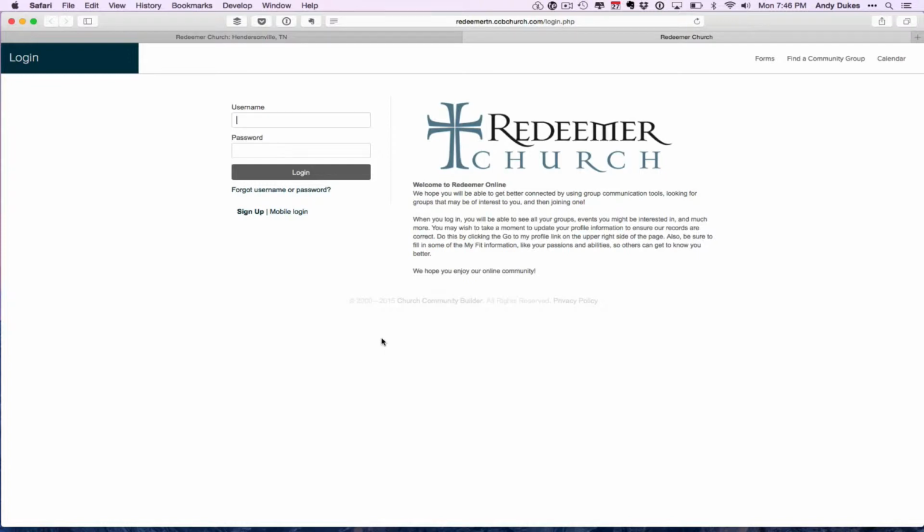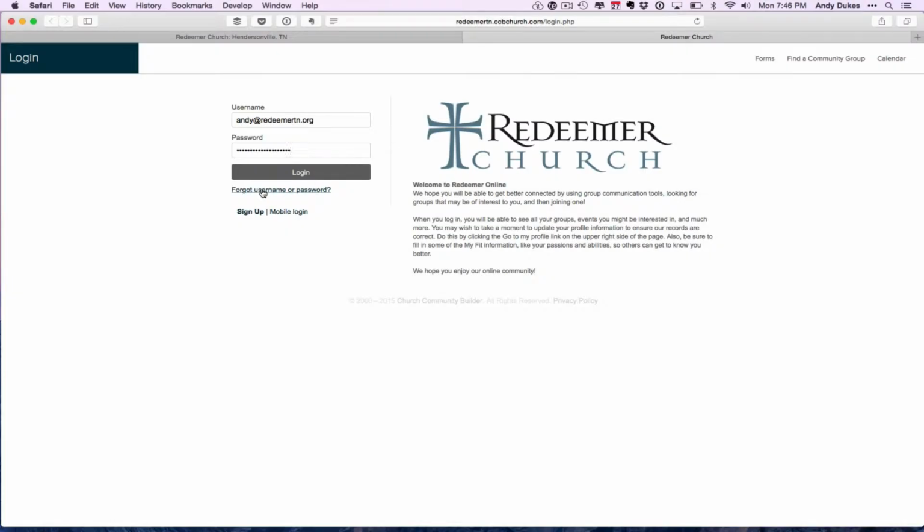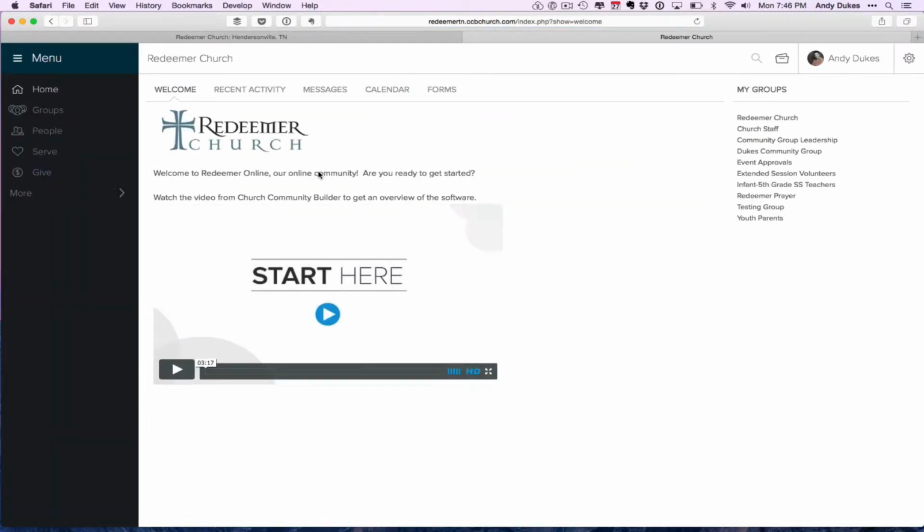I would recommend you bookmark this in your browser, so that way it's one click to get to this login instead of having to go to the home page. If you don't mind going to the home page and it's 2 clicks to get to the login, that's fine, but you might want to go ahead and bookmark it. So from here, put in your username and password. This is going to be your email address and the password that you set up. If you have forgotten your password, select this link and it will reset that for you. In the meantime, go ahead and select Login once you have that set up,